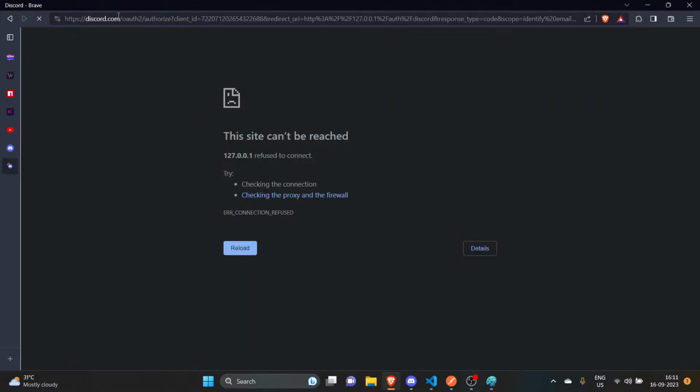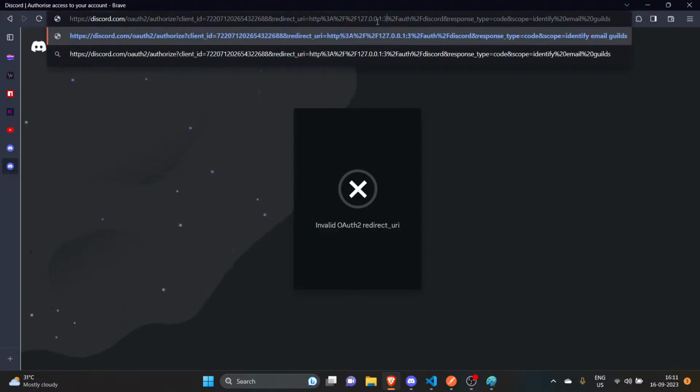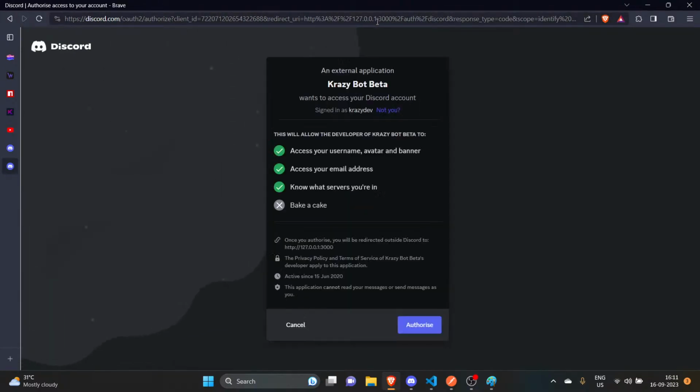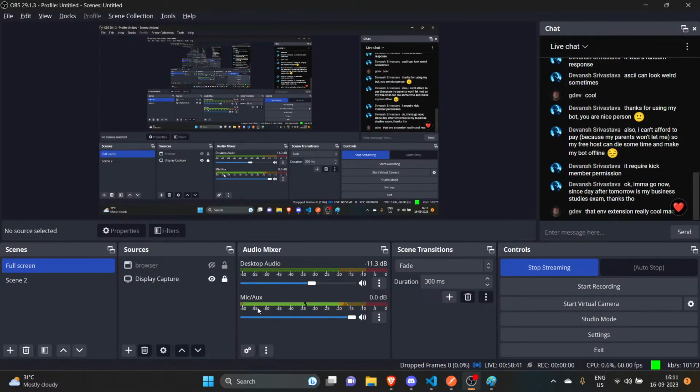Auth slash Discord. Beautiful. Oh, invalid auth redirect URI. Come on, it cannot be invalid. I don't see 3,000 here for some reason. 3,000. Yeah, that works. Give me a second again. I need to check the .env. I think it didn't restart. Let me just